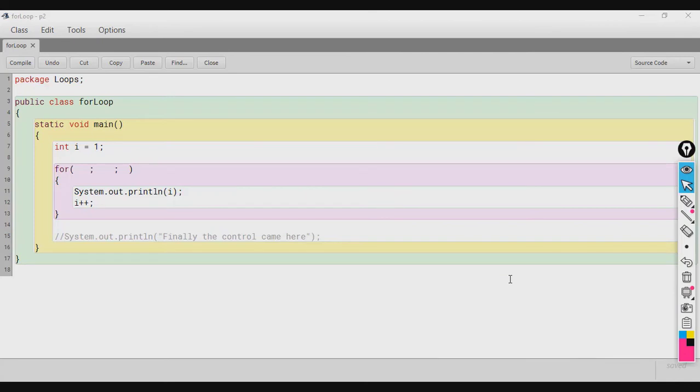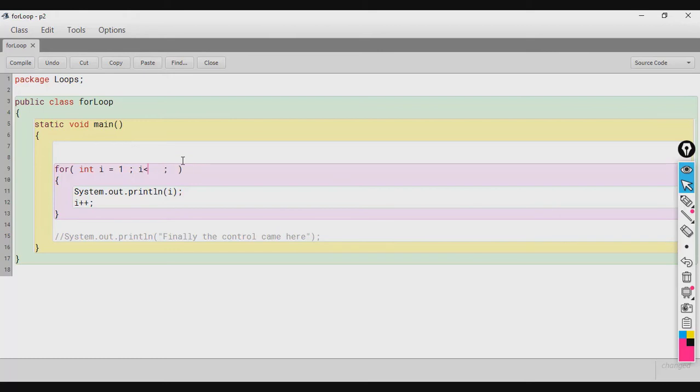So, let us solve some simple problems. Okay. So, let us say I want to print all the odd numbers starting from 51 up till 100, okay. So, I will initialize a variable here, int I is equal to 1, and I will remove this statement from here. So, I is 1.